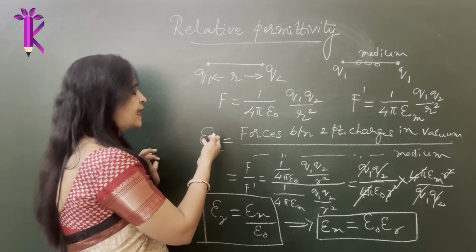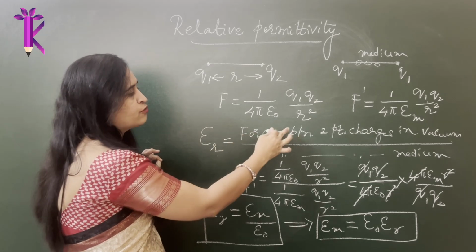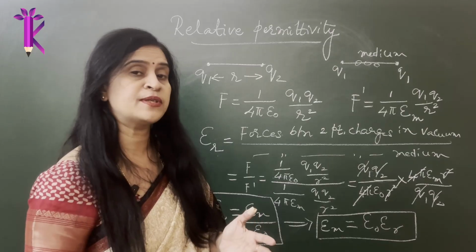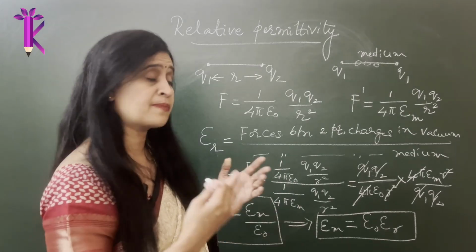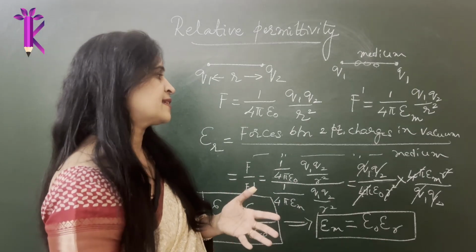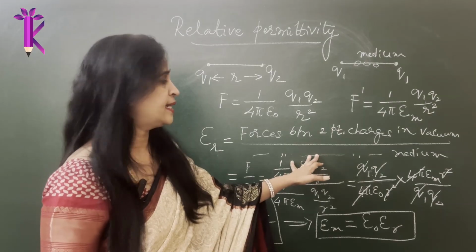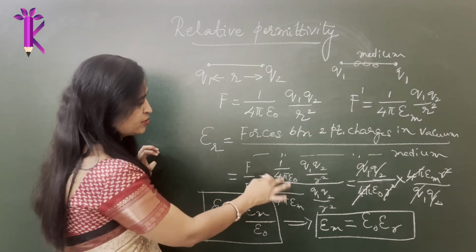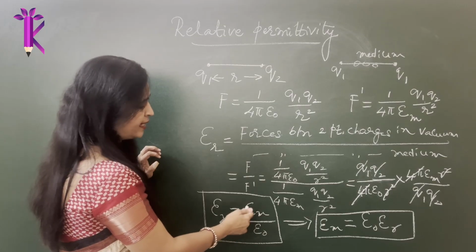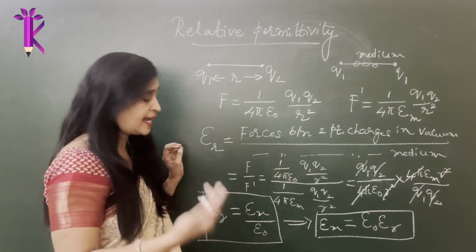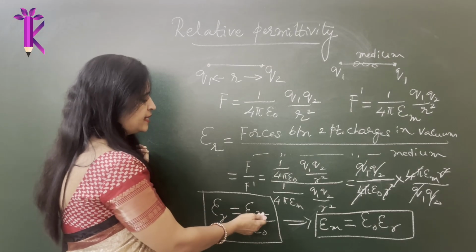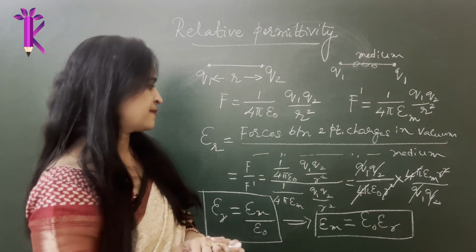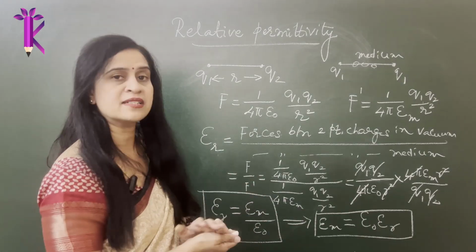If you remember, relative permittivity is the comparison of the force between any two point charges placed in vacuum to that of the force between those same two point charges placed at the same distance in any given medium. So vacuum to medium. But it gets reversed, because when you do the mathematics, this comes to the numerator, it goes to the denominator. So relative permittivity is the permittivity of the medium with respect to the permittivity in free space. Okay, I hope this part is clear.